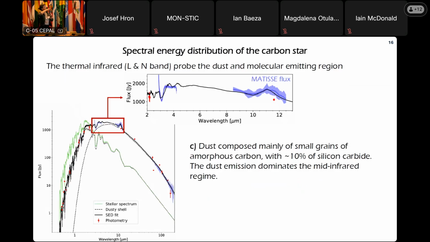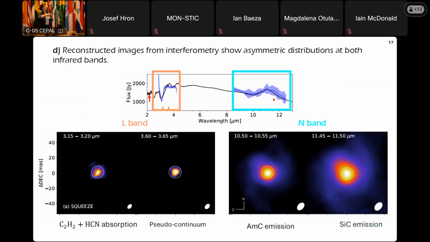We image the star in the L band, mainly in the continuum, and in the N band in the dust feature emission. What we can see is that the star is quite asymmetric. In the L band, we have an asymmetric intensity distribution, but really restricted to the expected size of the star, meaning that this kind of bright and darker spot could be due to opacity effects on the stellar surface. When we go to the N-band data, we have some larger emission, especially more prominent close to the silicon carbide feature.